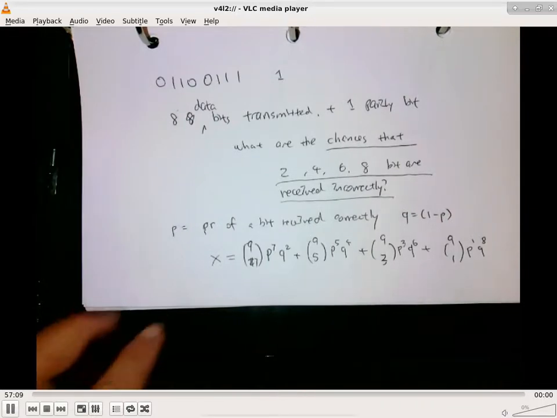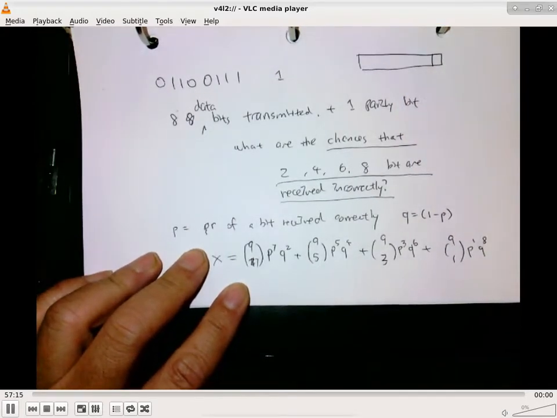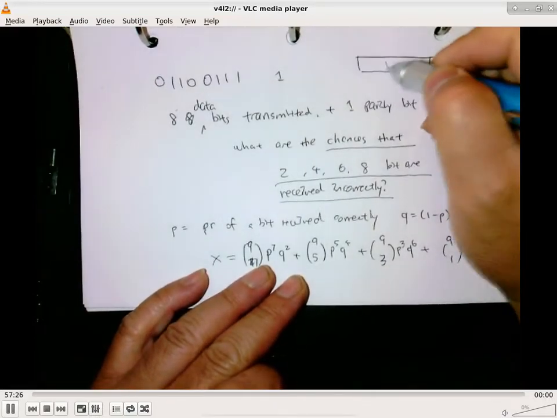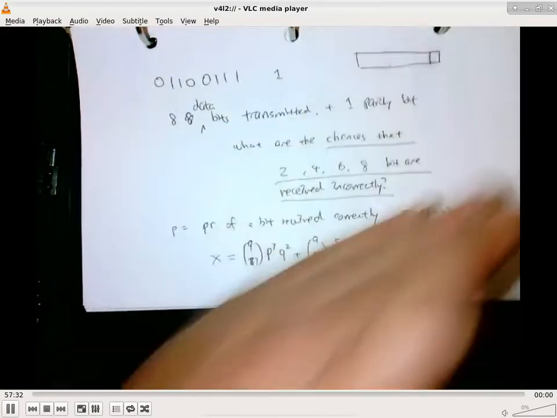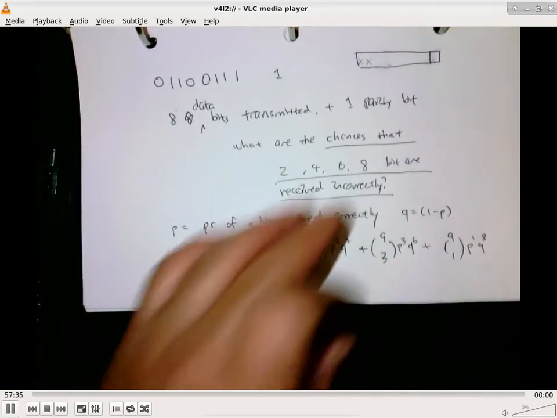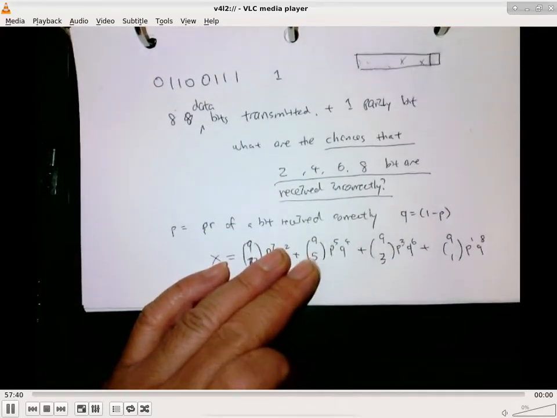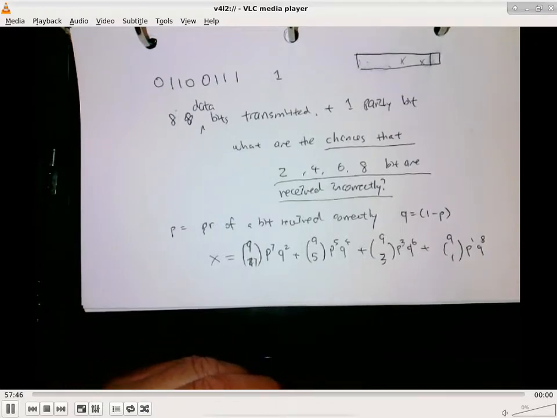In this case, of the 9 bits actually transmitted, it doesn't matter which 2 are the issues, right? This is why we use the binomial theorem, because this bit may be off, or this bit may be off, but it can also be this bit versus this bit here. So when positioning does not matter, I'm just counting how many out of how many, then the binomial theorem applies,